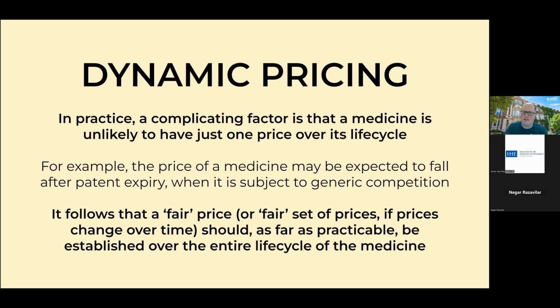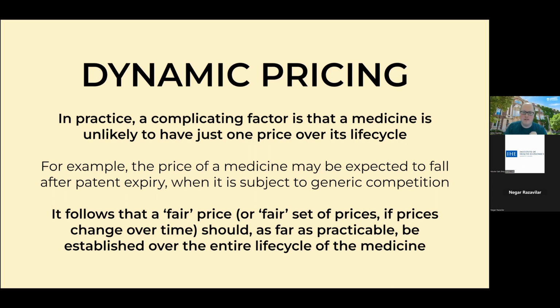So things can get complicated when you think of dynamic pricing, not only for the treatment in question, but for the comparators as well. And also when you take into account the possibility of evergreening and other strategies that might be used, it might be that the number of patients who would receive this medicine in future years after it comes off patent protection might be smaller than it would be today. And in my view, the economic model, where possible, in principle, should reflect that. A fair price should, as far as practicable, be established over the entire life cycle of the medicine, taking into account these dynamic considerations. And by doing that, if your ISA actually reflects these dynamic considerations, well, at that point,